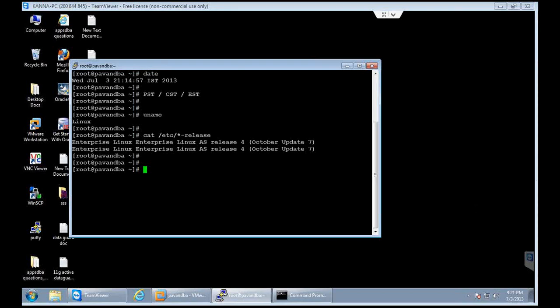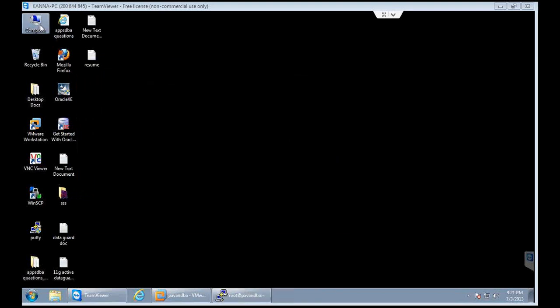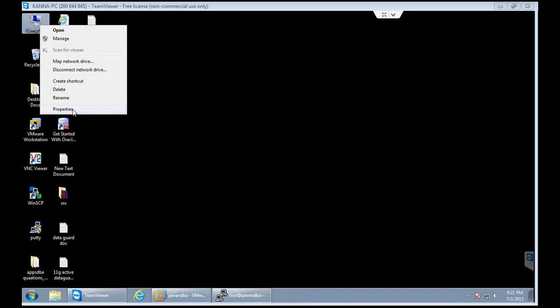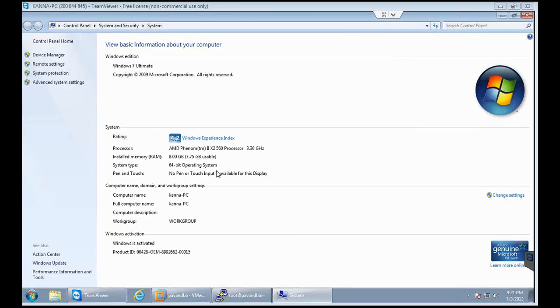Okay, yes, we can check that from my computer properties. And we can check in the control panel. I never tried that, but we can do that. Now, the first thing, as you can see on the screen, is to right click on My Computer and go to Properties. Here you can see system type, which is clearly showing it is a 64-bit operating system. So this is one way we can find out.